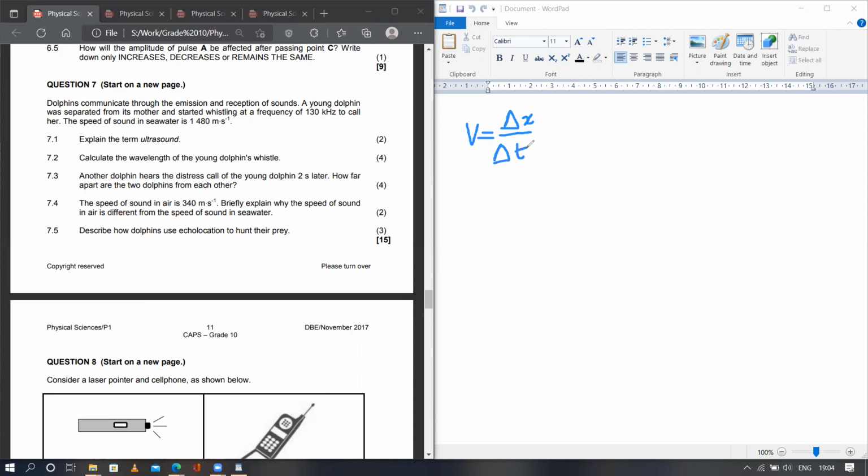So now you're going to have change in distance divided by change in time. So now you're going to find your change in distance, the displacement: how far away from each other are they? You cross multiply, and you're going to find your change in distance to be your velocity multiplied by the time it takes. So that's going to give you